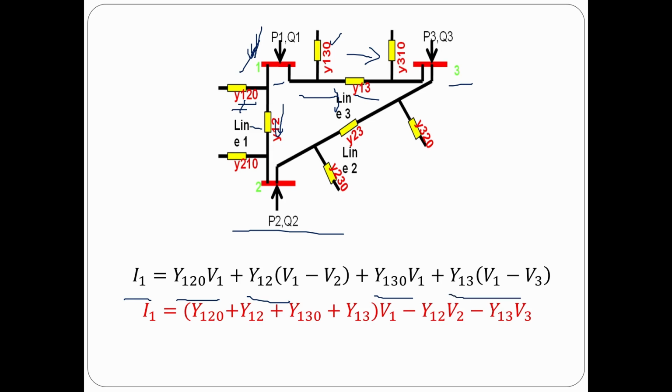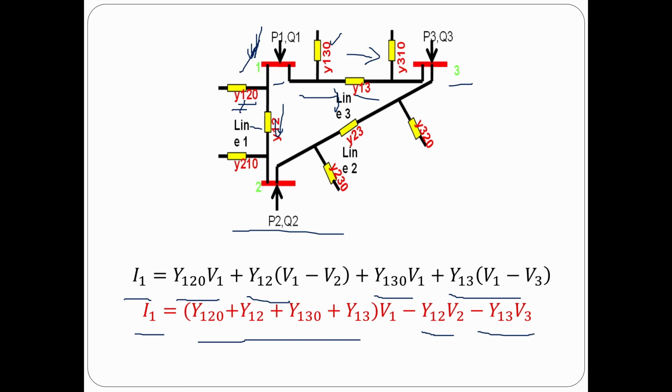Now grouping the admittances with the same V1, the equation of current injection I1 is equal to Y120 plus Y12 plus Y130 plus Y13 times V1 minus Y12 V2 minus